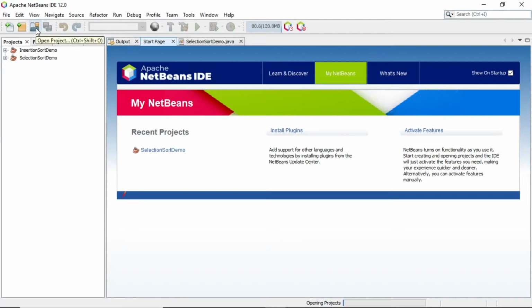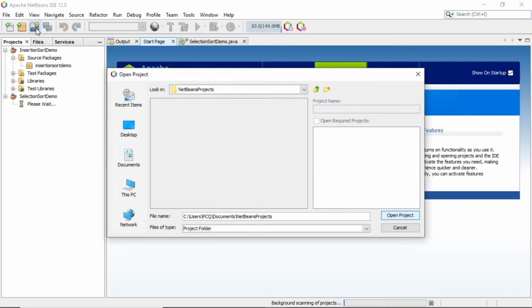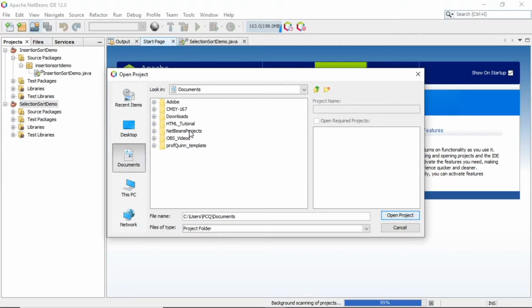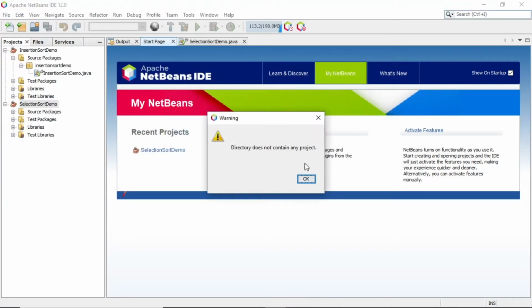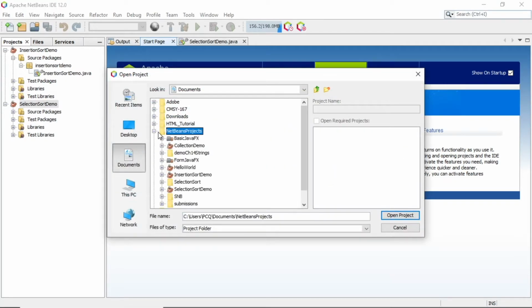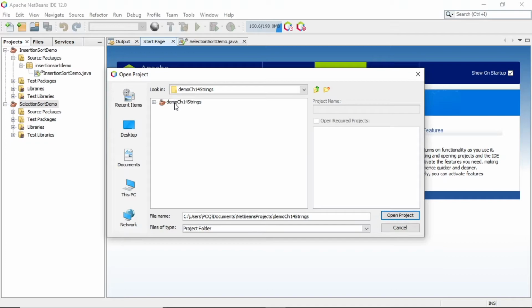Okay, from here, I can click the Open button. And you'll notice I end up in my NetBeans project folder. If I'm not, I go to Documents, then NetBeans Projects, because that's where I just double clicked past there. Inside of the NetBeans project folder, here is where the demo 14 strings is. As I mentioned, there was a folder inside of a folder,